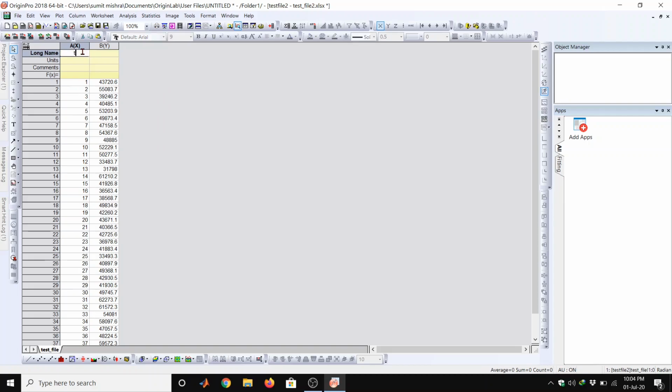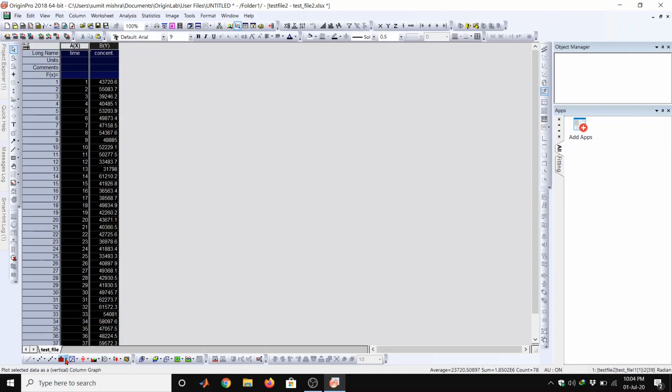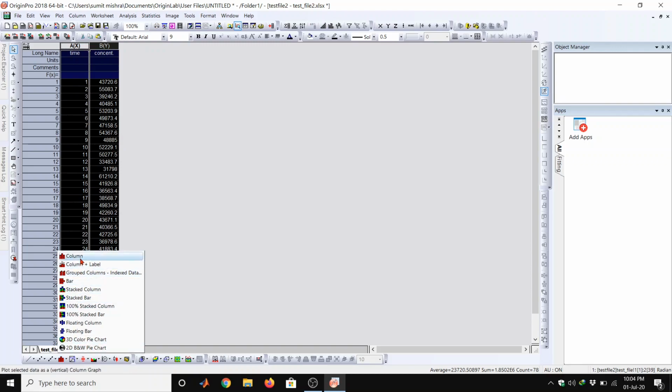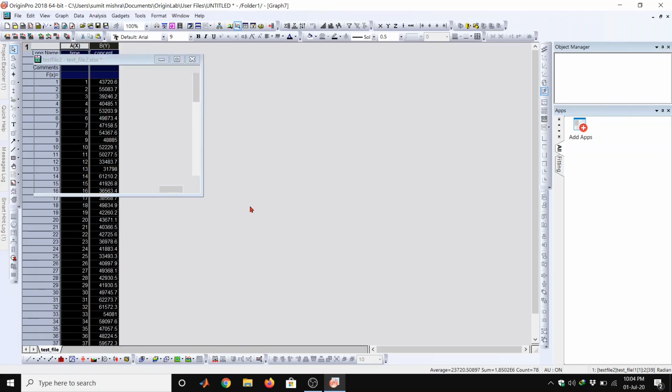So you can type here time versus concentration. Now we can select both the columns here, and I can plot from scatter.